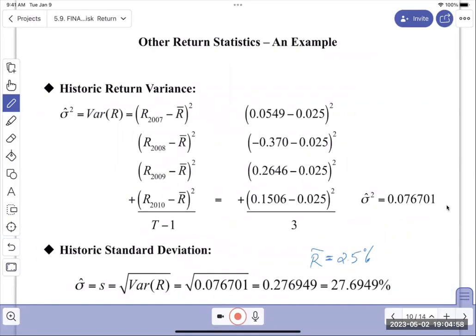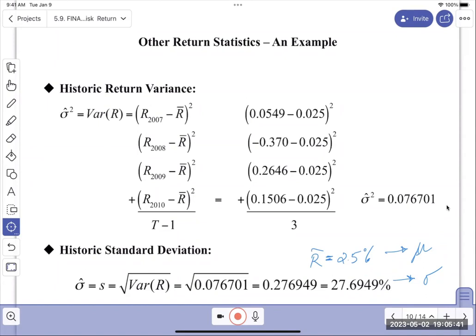And then I get the measure of risk, or the standard deviation, as 27.69. If you watch the statistics review, what I do with the mean and standard deviation is make an assumption of normality, or symmetry in particular, and use these to describe the spread of the distribution. I say that 2.5 is in the middle, and the rest of the data is spread out by this standard deviation. So it looks like you're going to be right into the negative returns just in one standard deviation. So this is like a 50-50